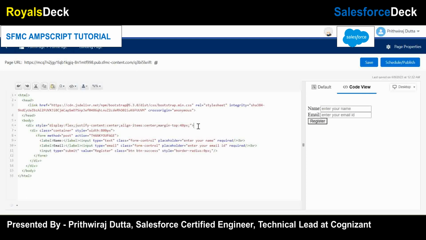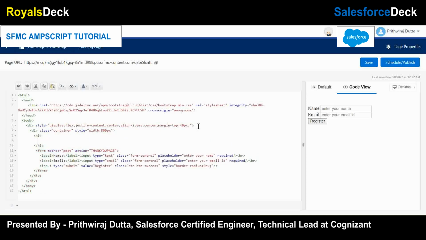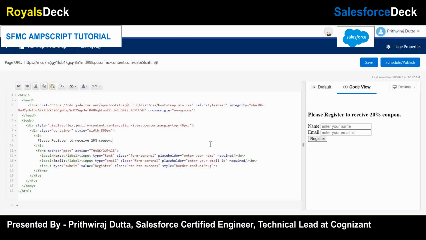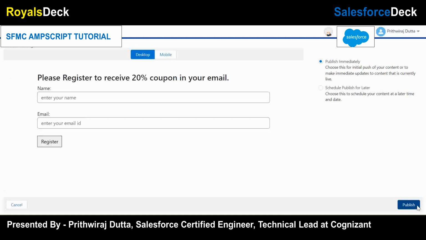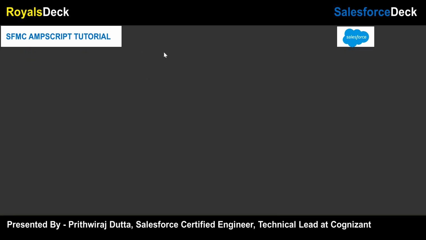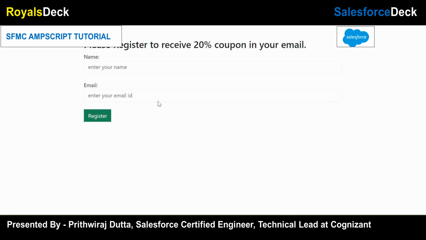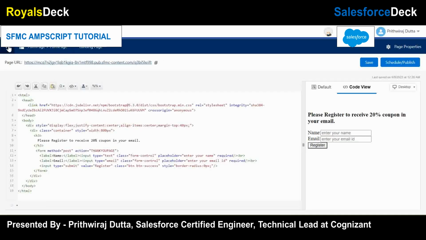Okay, and here within the container we will have a tag, let's say, please register to receive 20% coupon in your email. Okay, and let's publish this, and let's see how does that look. Okay, perfect. So this is our form,